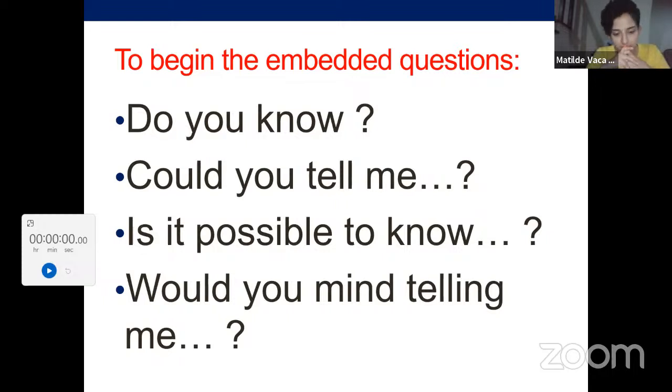Whether. I'm trying to mix the past perfect with the past simple. It can be tricky, right? What could it be? Would you mind